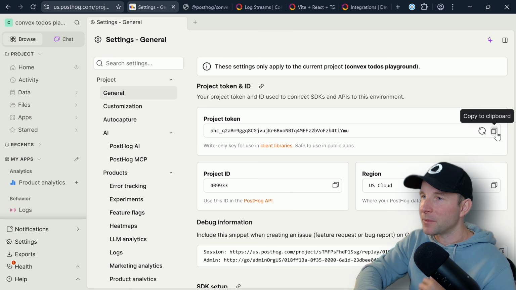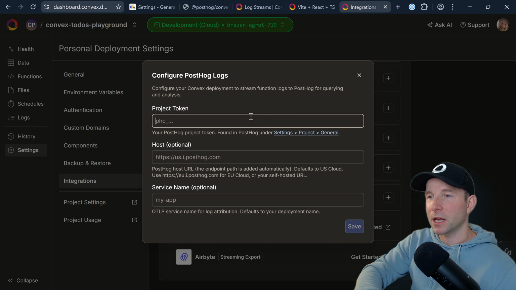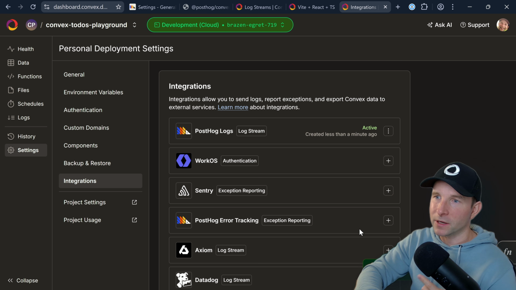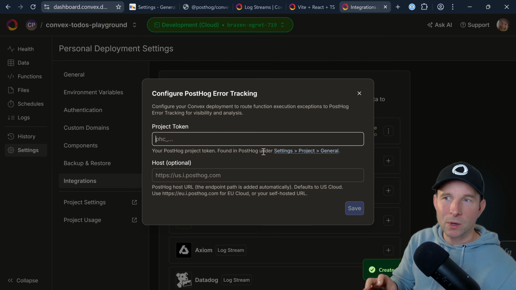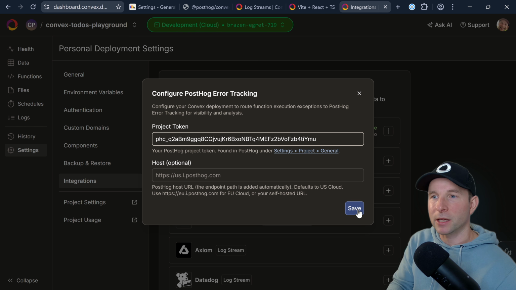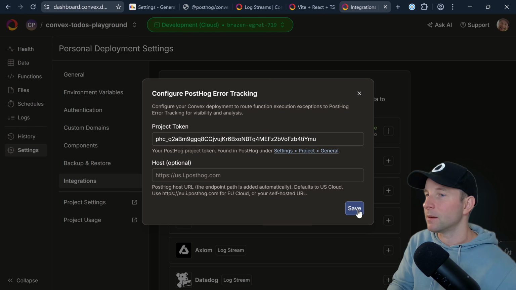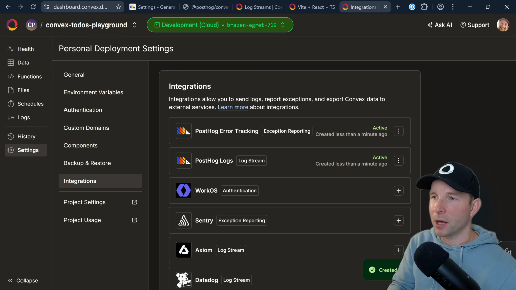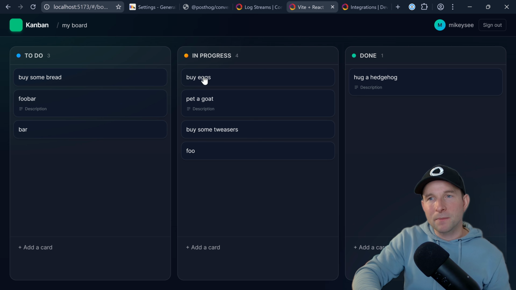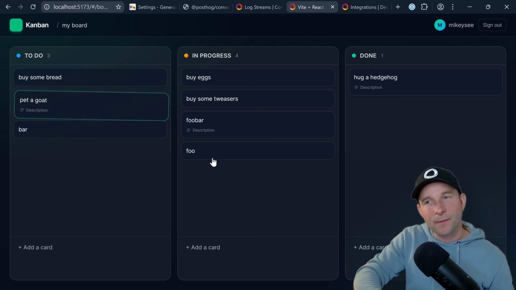But anyways, we can grab the token manually from the PostHog dashboard here, and then pop it into the field in the Convex dashboard here. And while we're at it, we might as well enable the PostHog error tracking here as well by pasting in the same project token here. There we go. Okay, and now if we return back to our app and we do some stuff like move some cards around, add a comment here,